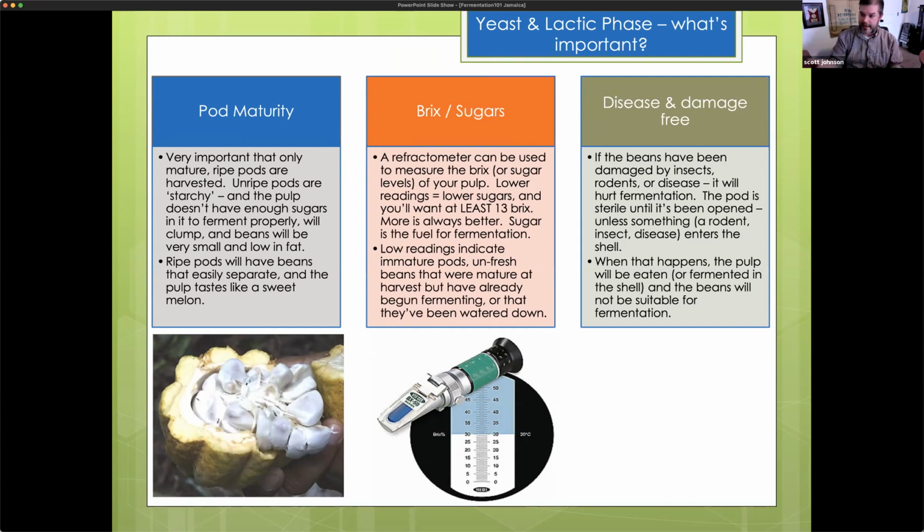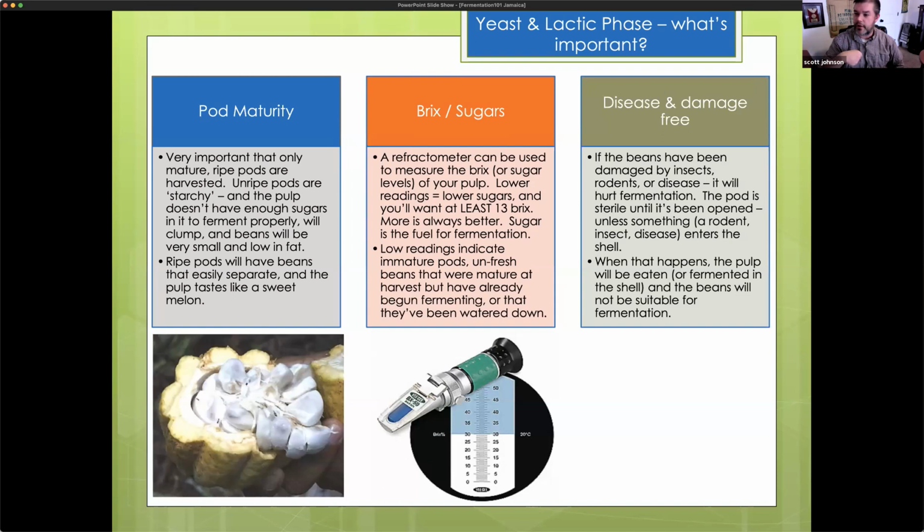If you're not that guy, if you don't have your own trees and you're not in control of your own pods, but maybe you're a central fermenter where you've got product coming in from lots of different farmers, maybe they picked their pods last night, maybe even the day before, then I'm probably going to want to put in a statistical sampling program. I don't want to spend a lot of time today talking about that, but what I'm going to want to do is start to sample. If it's coming in bags, I'll probably